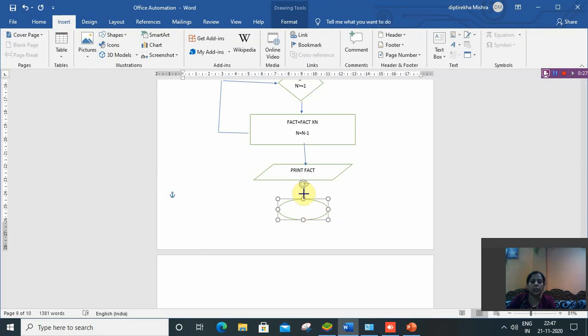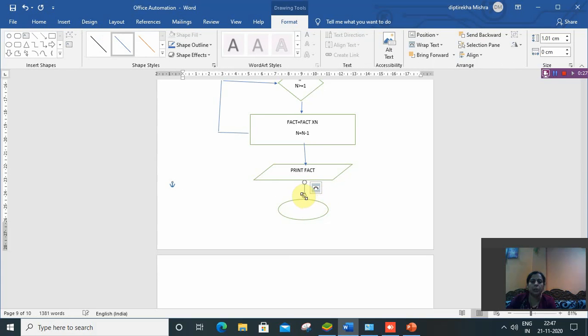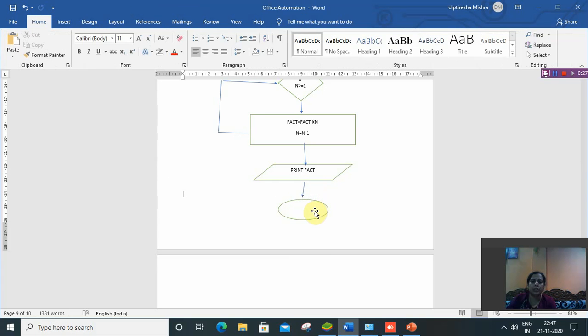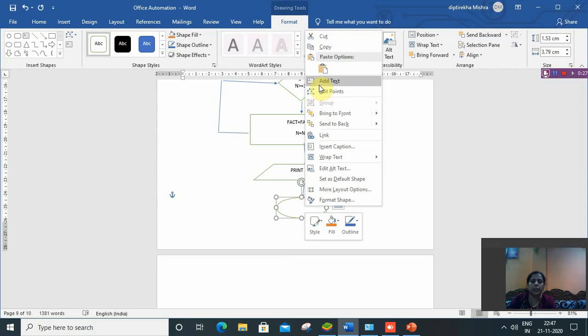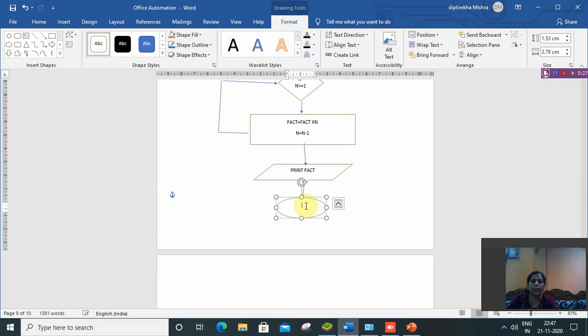Just add an arrow. And to write in between it, just double click here, right click and add text, then stop.